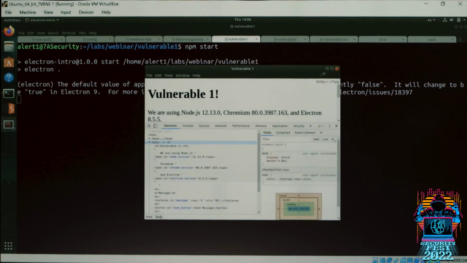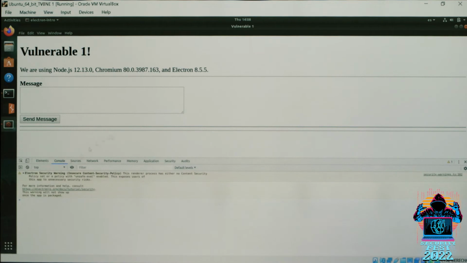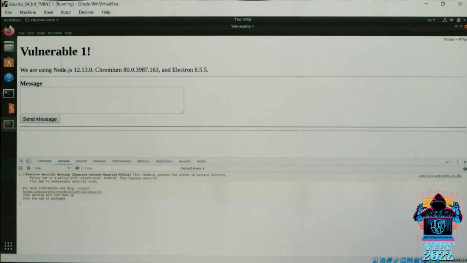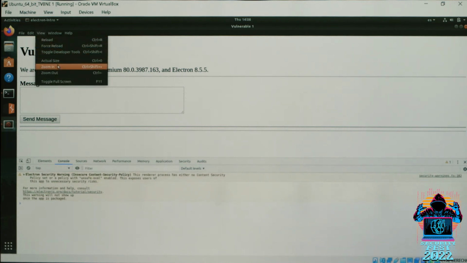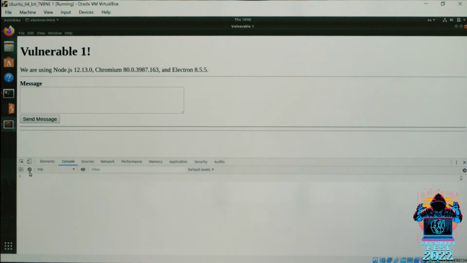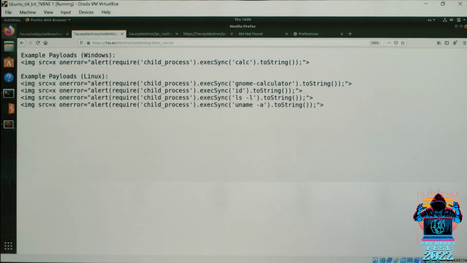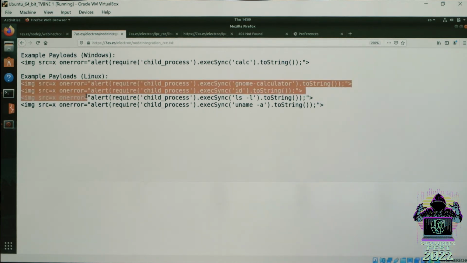So I'm running here the vulnerable 1 application. I'll try to make this a bit bigger. Can you read this? Yeah, it's visible, right? Okay, I'm just going to try the